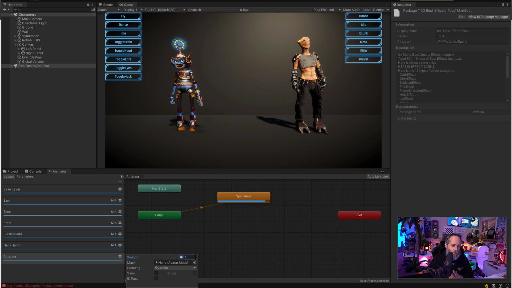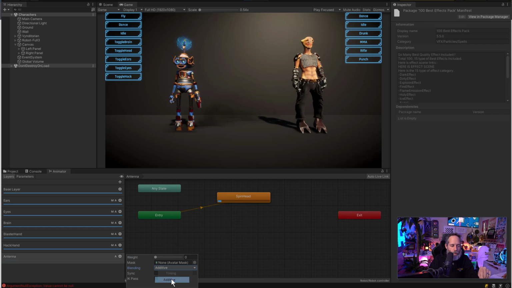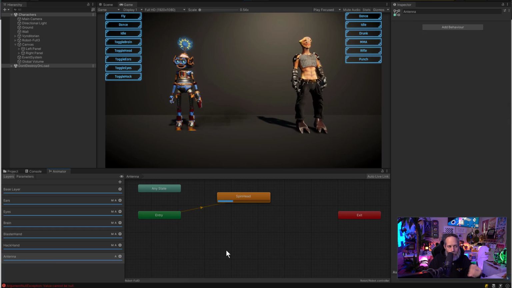The reason for this is that you can mix and match and stack up your different layers so that you have part of a run plus part of an attack playing and kind of weigh them differently. You can also scale them up over time so that it starts and stops, or a bunch of animations kind of blend across each other with the weights. There are a lot of different reasons for it, but we want to change this weight to 1, and we want to change the blending to just be additive so that any other animations that are playing also get added on